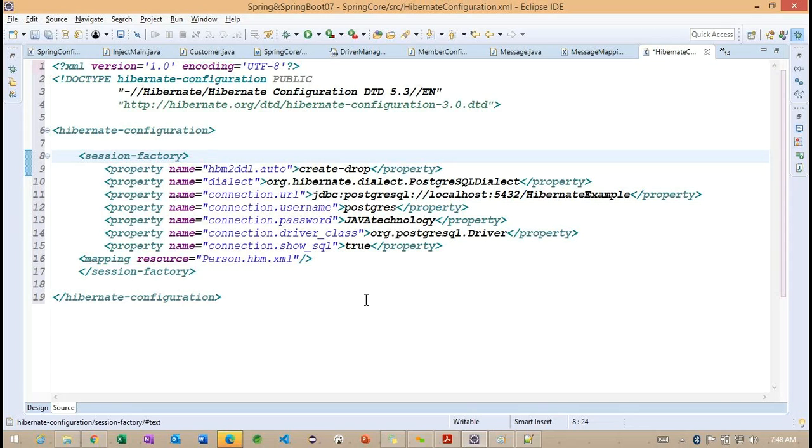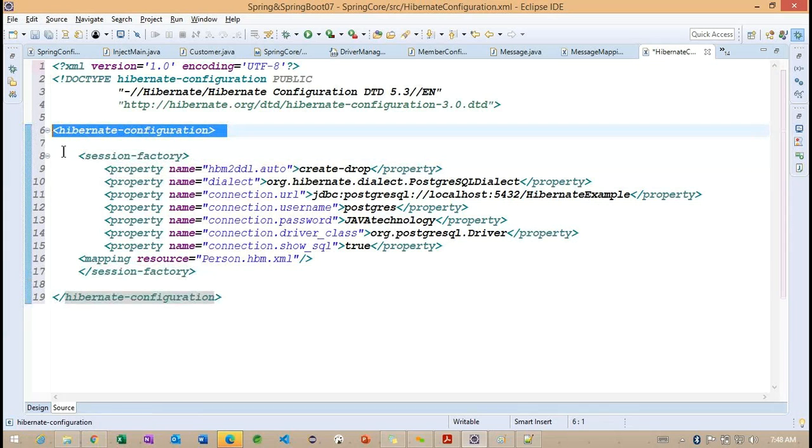Whenever we work on this configuration, we need to understand the session factory tag and the configuration tag here. Right. These are the two pieces of information we need to focus on. Basically, what will the Hibernate configuration do? Whatever information we specify, based on that, it is going to connect to the database here.